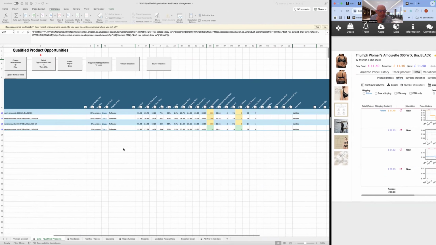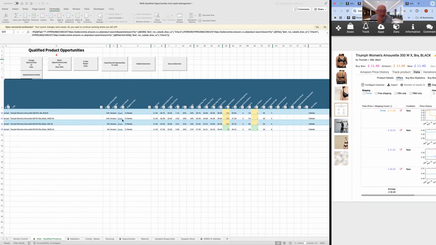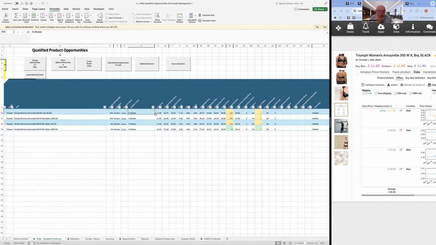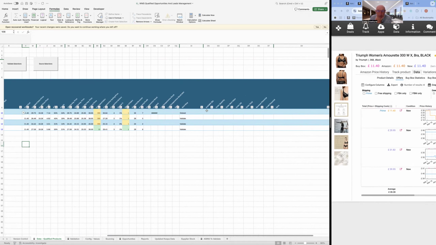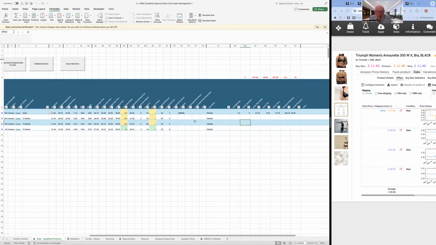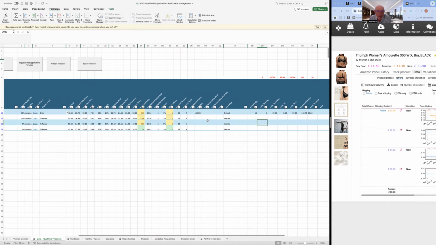So if I do find something that I do want to order, then obviously in this particular scenario, because it's a flip, I maybe would change the next step to: I'm going to order it, and I can say the maximum I can buy is 10, and I'm going to order 5. Okay, and that's giving me a little track of what I'm ordering. And again, as I said, once I've got some products in here under the ordered,